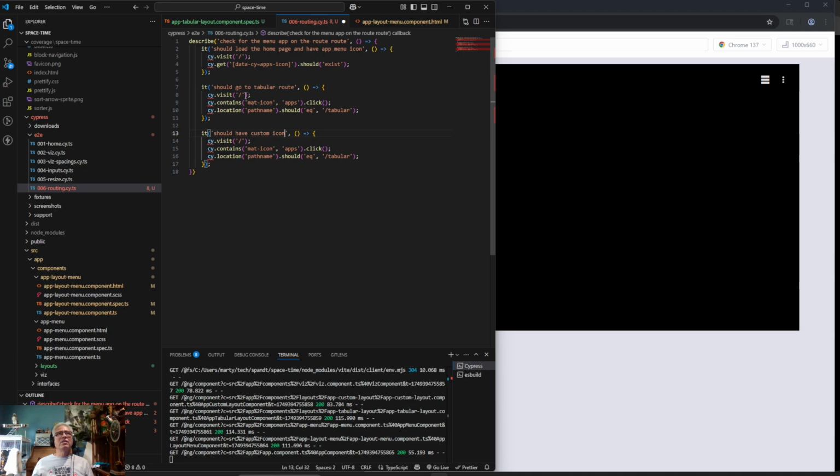Oh, that's funny. Okay, so I guess there was no way for it to know. Okay, it should have custom icon on the custom tabular path route. And I guess since we're testing that it worked,